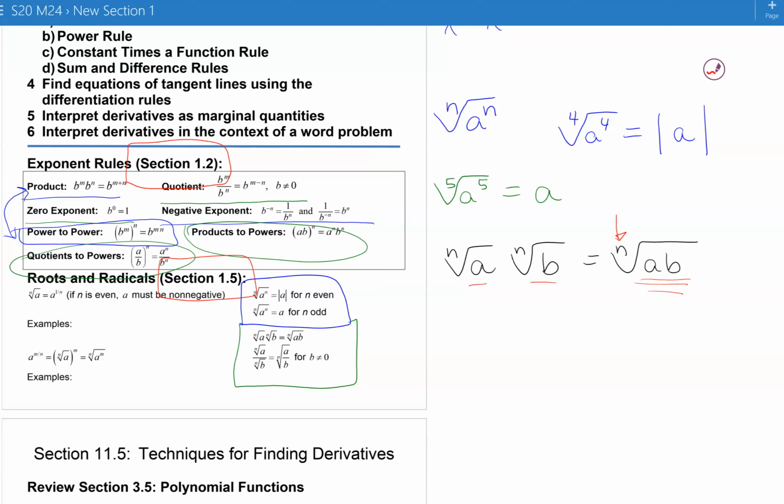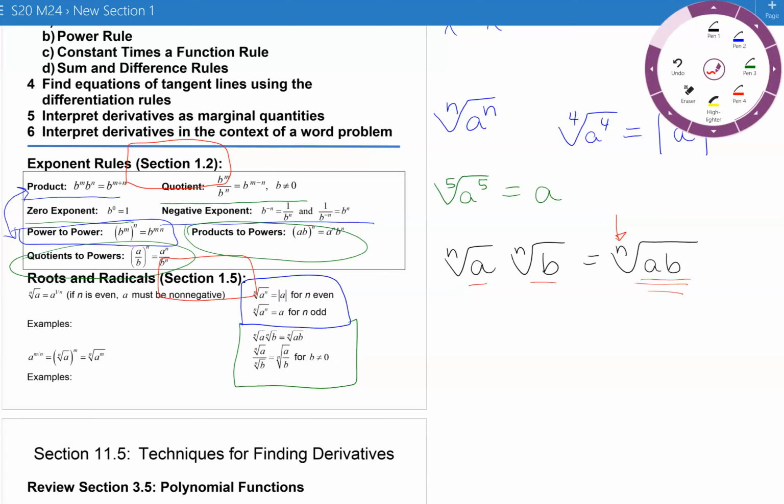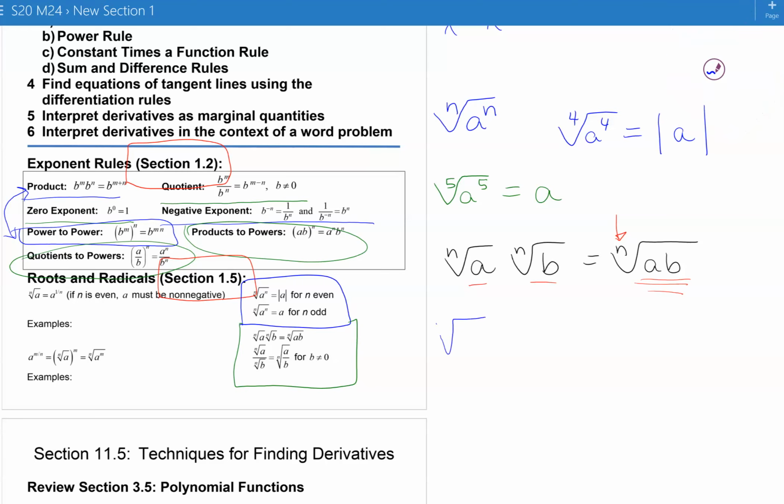So that's what this property says to me, that the order of multiplying or applying the square root or cube root, the order doesn't matter. And we have a parallel property for the quotient. If I do the roots first and then the quotient, I'm going to get the same result as if I do the quotient root first and then the roots. Okay, then